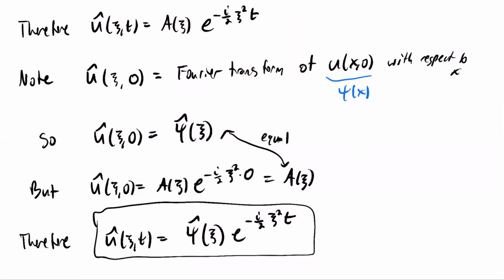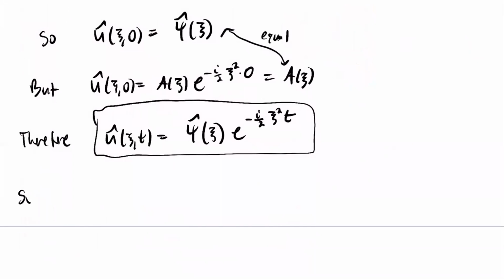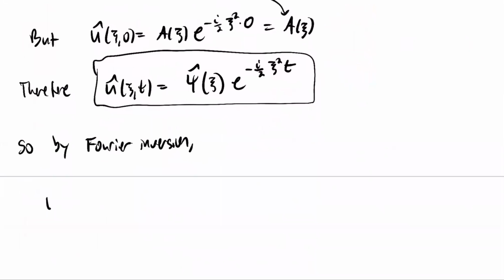Okay, this tells us what the Fourier transform of our solution has to be, as a function of the Fourier transform with respect to x. But we have the Fourier inversion formula, which will now tell us what the original u of x, t has to be. So by the Fourier inversion, u of x, t has to equal 1 over 2 pi times the integral from minus infinity to infinity of its Fourier transform